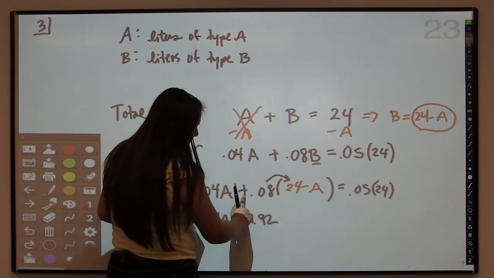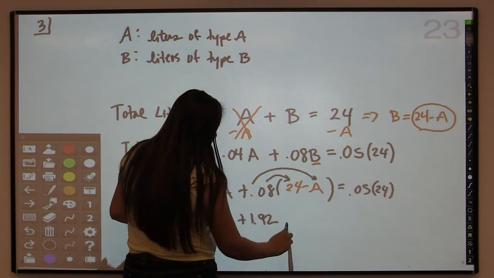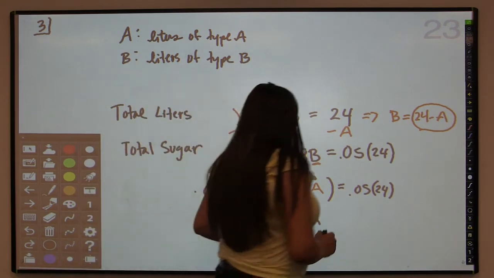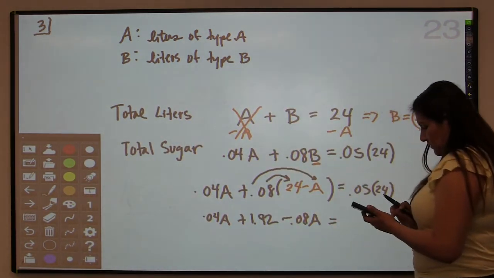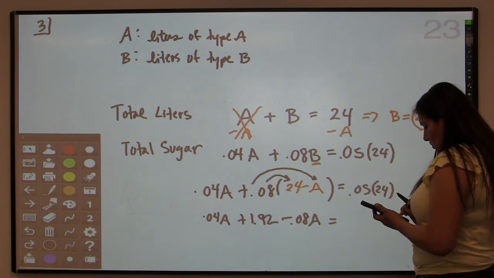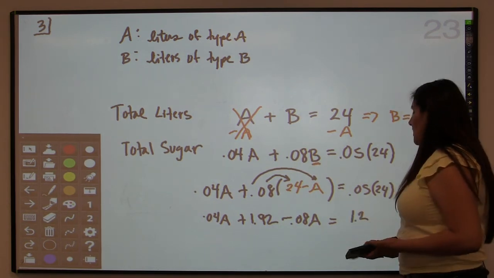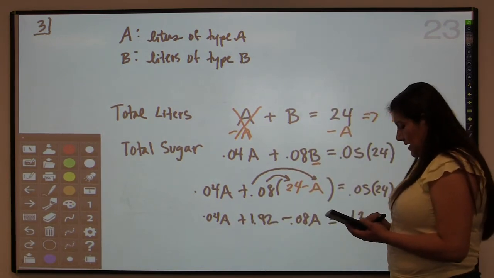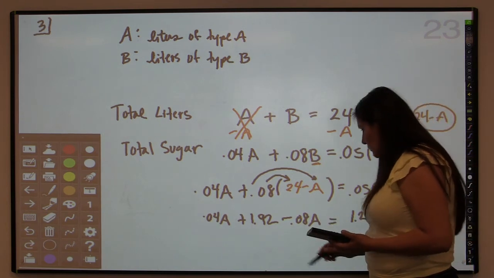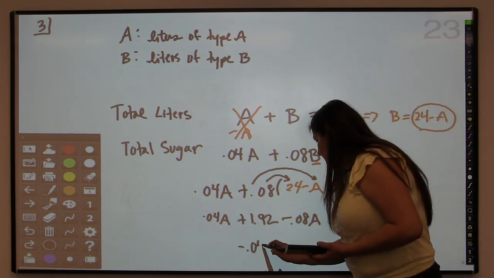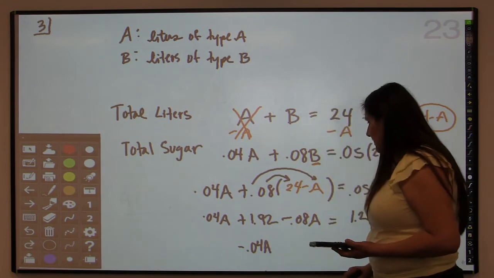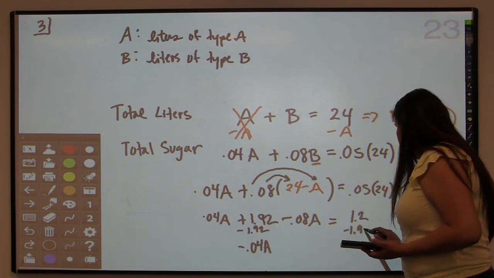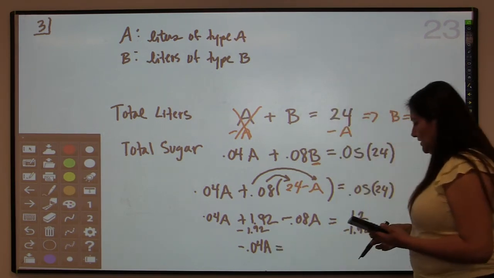And then I'm going to take 0.08 times negative A, so that's going to be minus 0.08A. And then it's going to equal 0.05 times 24, which is 1.2. So now I can combine my A's. So 0.04 minus 0.08 is negative 0.04. So I combine my A's. I subtract the 1.92 from both sides. So I get negative 0.04A